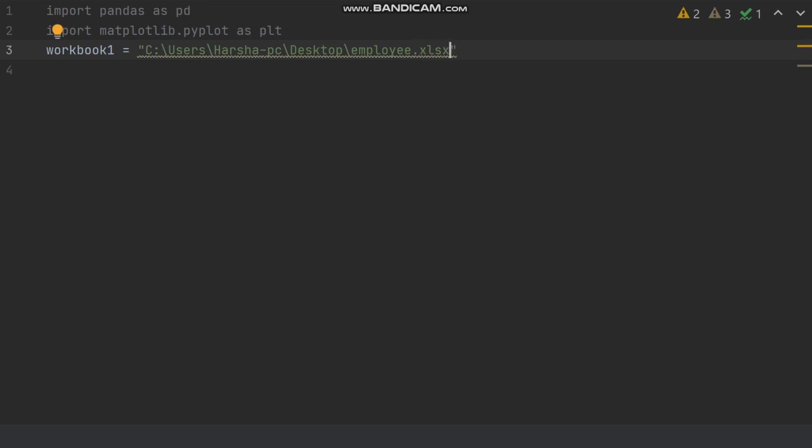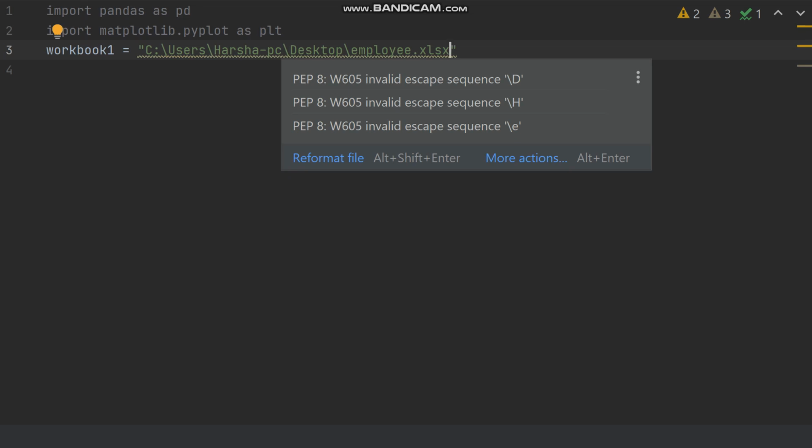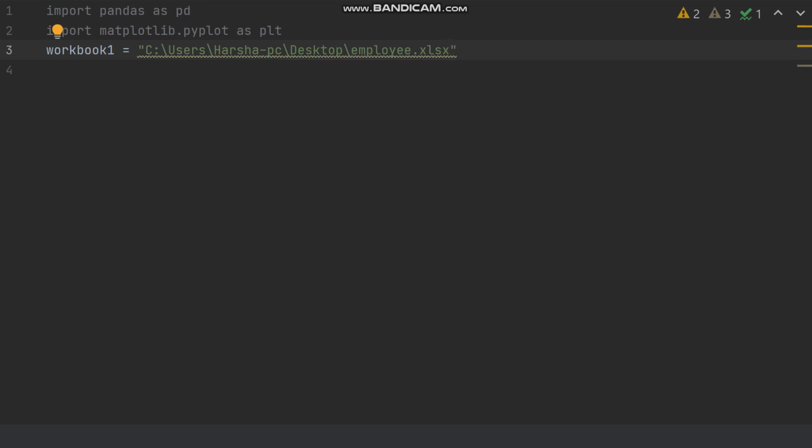Okay, this line is showing an invalid escape sequence. So what to do in Python? Just give one more backslash, so this issue will be resolved.